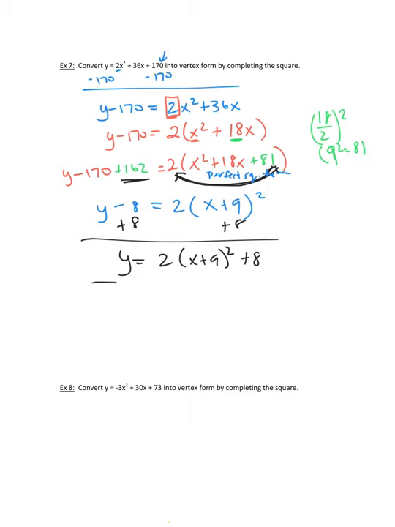And so the new different part of this is that now your a value here, the 2, is telling you about the width of the parabola, that it's not just a 1 x squared. The a value is 2, telling you that your parabola is getting narrower. It's a vertical stretch. Okay, so try it now with example 8, and we'll do some examples in class today also. If you look at example 8,